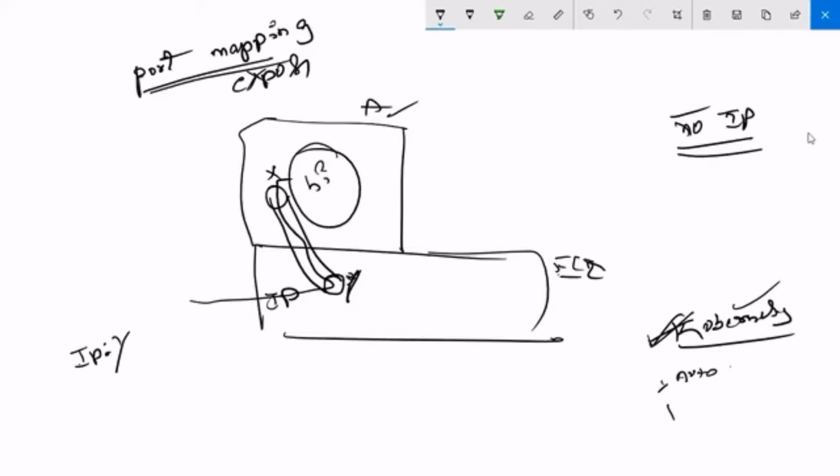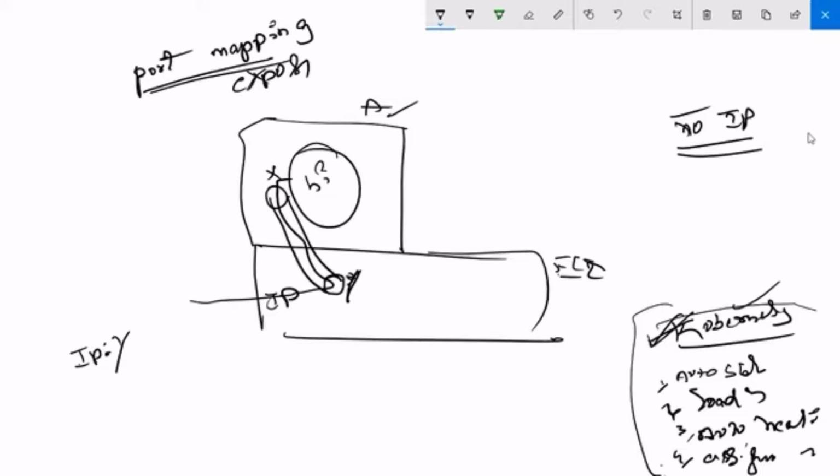Auto scaling of containers, load balancing of containers, auto healing. If I lose one container, another container should come into that position. That is auto healing. And assigning an IP address to the container. We don't get these advantages in Docker by default. So by using Kubernetes, we are achieving all these things. Understood, right? That's the purpose we are using Kubernetes.